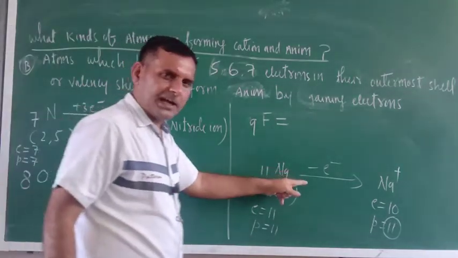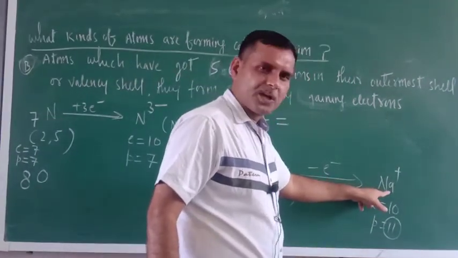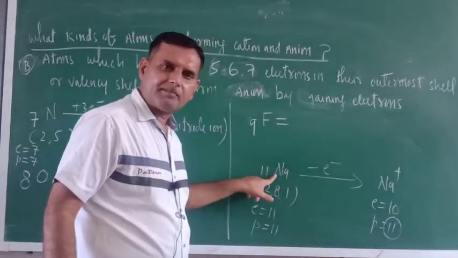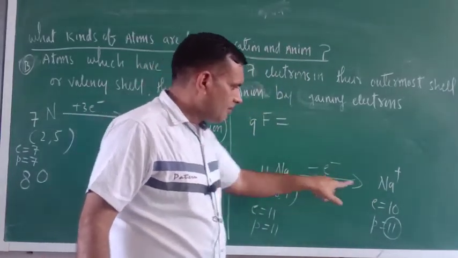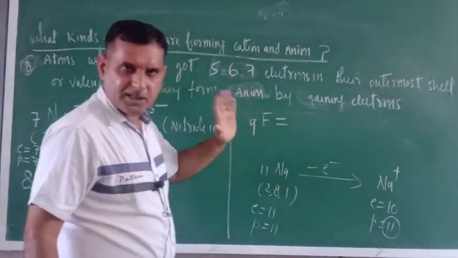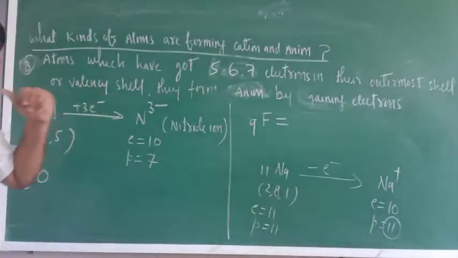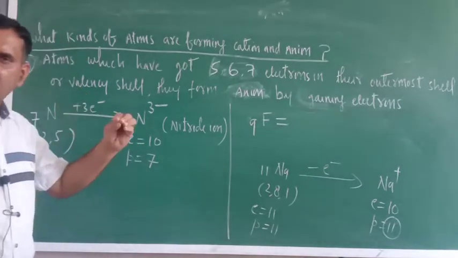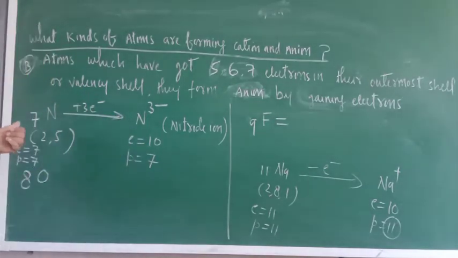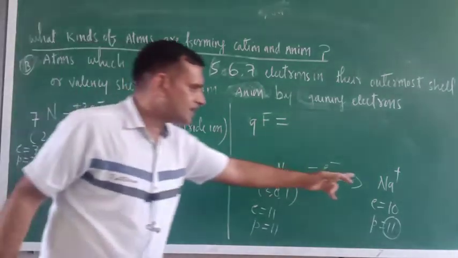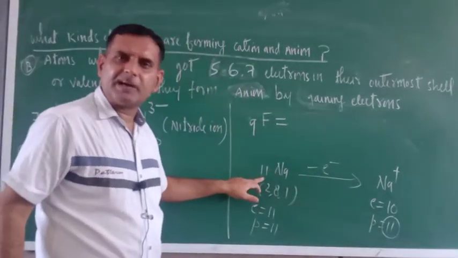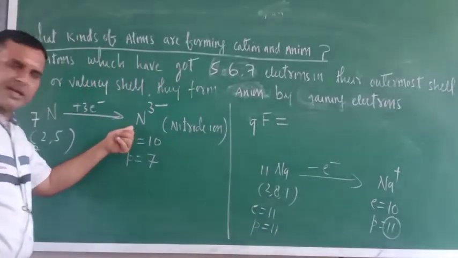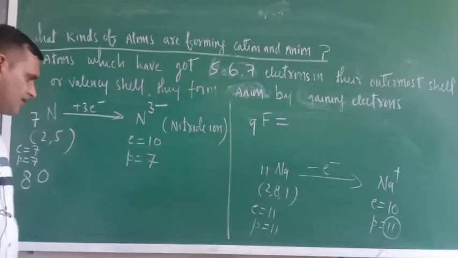But in cation, what is there? In a cation, the number of electrons is less than that of its parent atom. Here the electron count is 11, but here it is 10. These are the differences between anion and cation. Not only this, there is also a size difference. An anion is always bigger than its parent atom, and a cation is always smaller than its parent atom, because it has lost electrons, while the anion is greater because it has gained electrons. Okay?